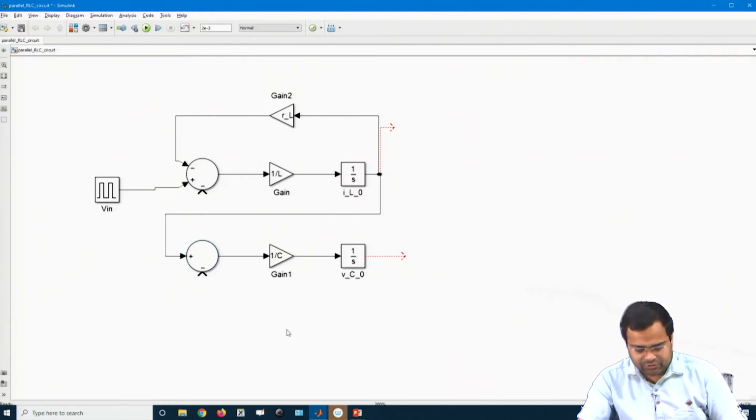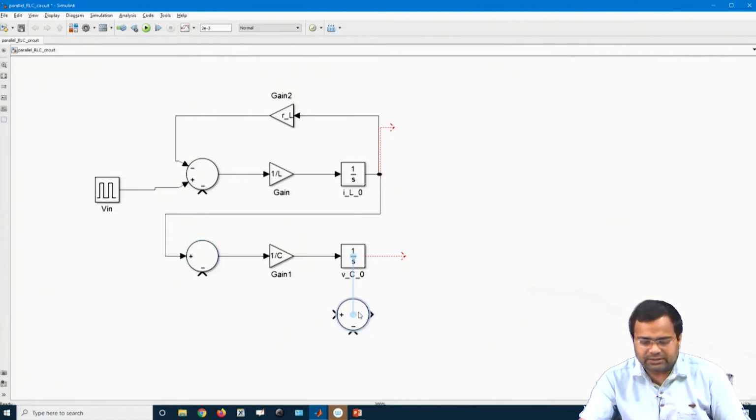Now, if we want to generate the output voltage, what is the output voltage?